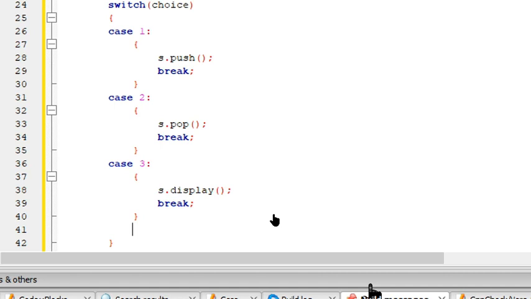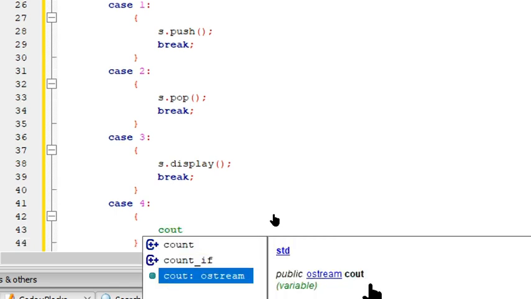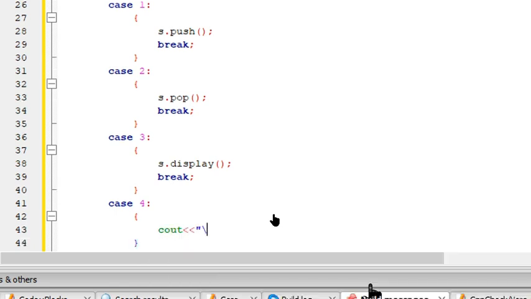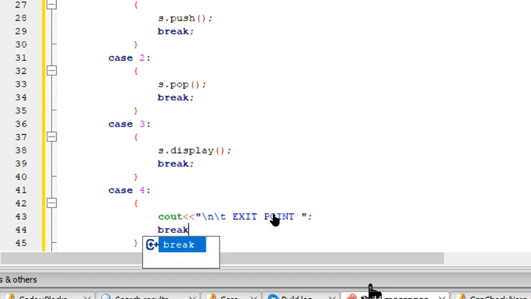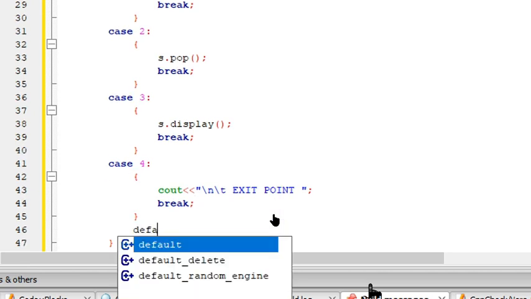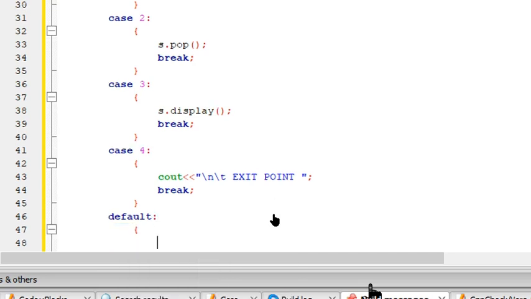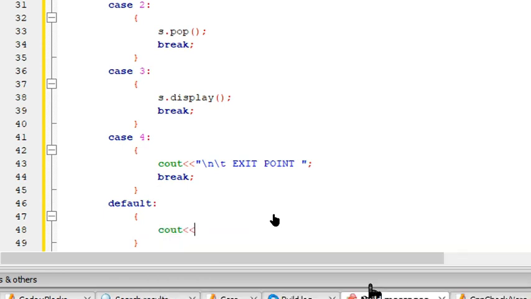And we need one more case to exit this switch case. So let me say cout. Here's where I'm exiting. So let me say this is my exit point. Then break this. And we can have one more, default. That means if you fail to press the right option, it should give a meaningful reply that please enter the right option.